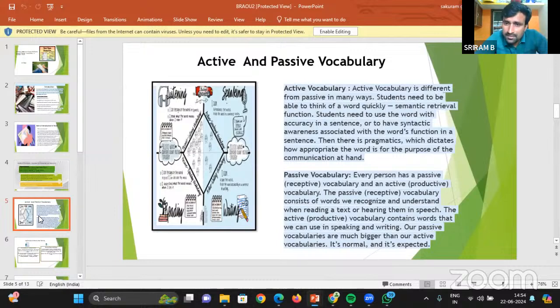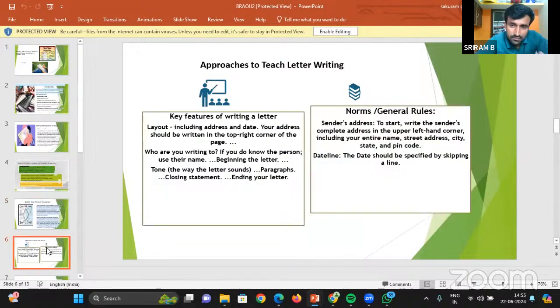Okay. Thank you, Prasanna. And here, in the third line from the beginning, able to think of the word quickly. Semantic. That is semantic. Semantic means how the word's meaning is. Whatever tells the meaning of a word is called semantics. Okay? We learned morphology, phonology, semantics, syntax in the first, second, third class. If you have attended the class, you would be aware of these words.